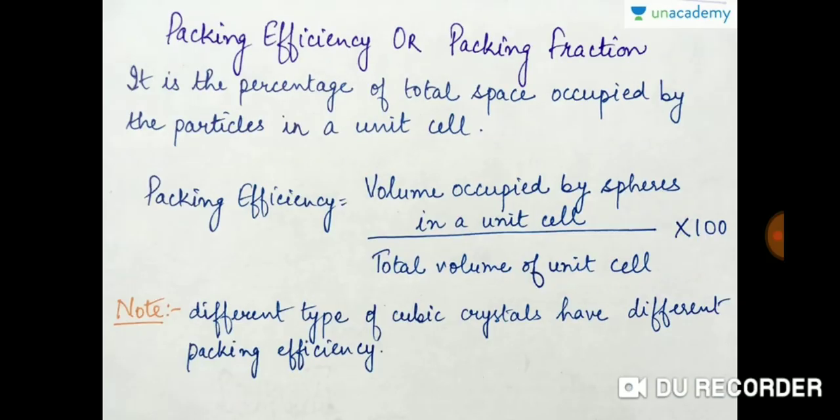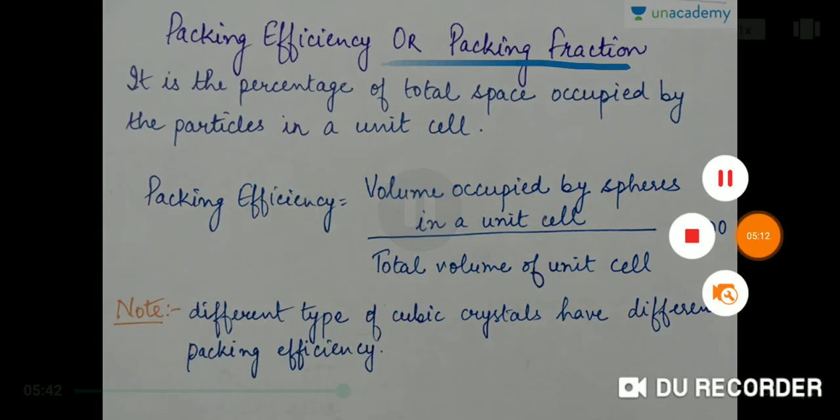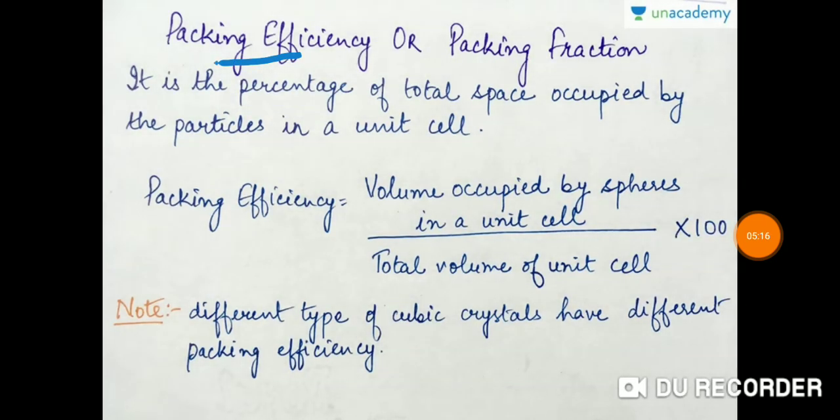Next we calculate the packing efficiency or the packing fraction for a particular unit cell. As we saw various unit cells and the atoms present in them, we noticed one thing: no matter how many atoms are present in the unit cell, some of the space is empty. We calculate the percentage of total